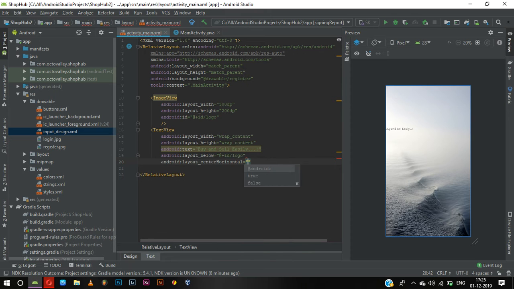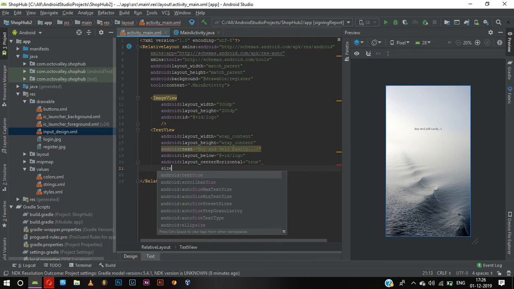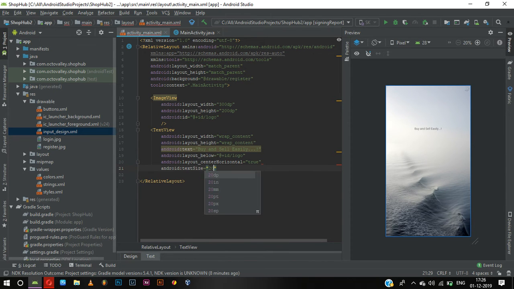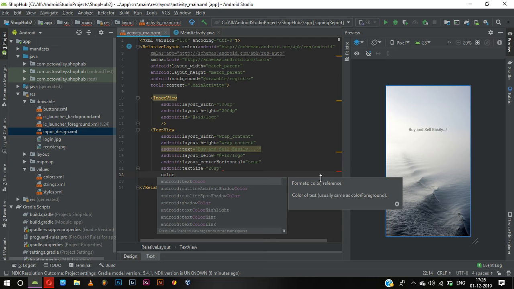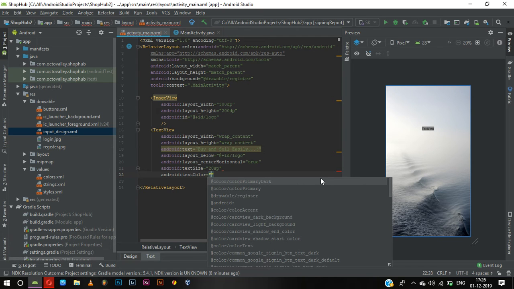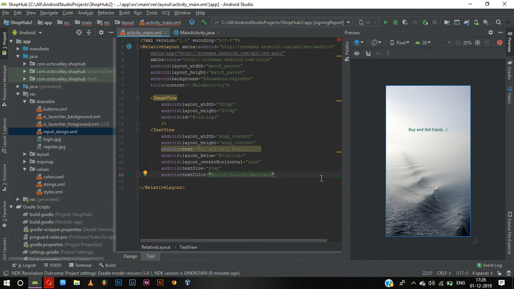Let us create it as center horizontal true. So it's here right now. We need to increase the size of it. Size can be 20 sp, and color for it. Color will be color memory dark. Yeah, it's now good,